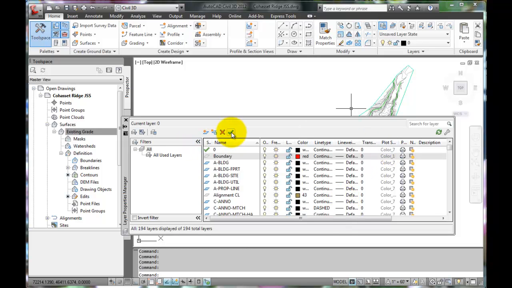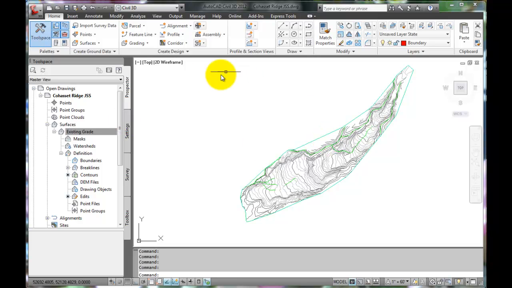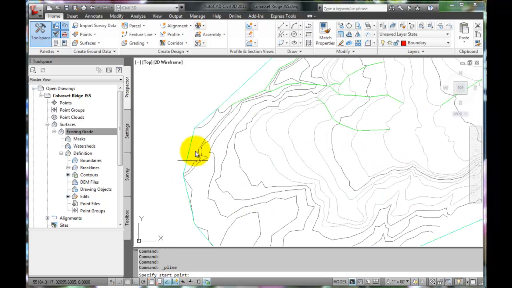Make that the current layer, and close. We want to create a boundary using the polyline option. So we select polyline. We will pick a start point down here and make sure the object snaps are off,